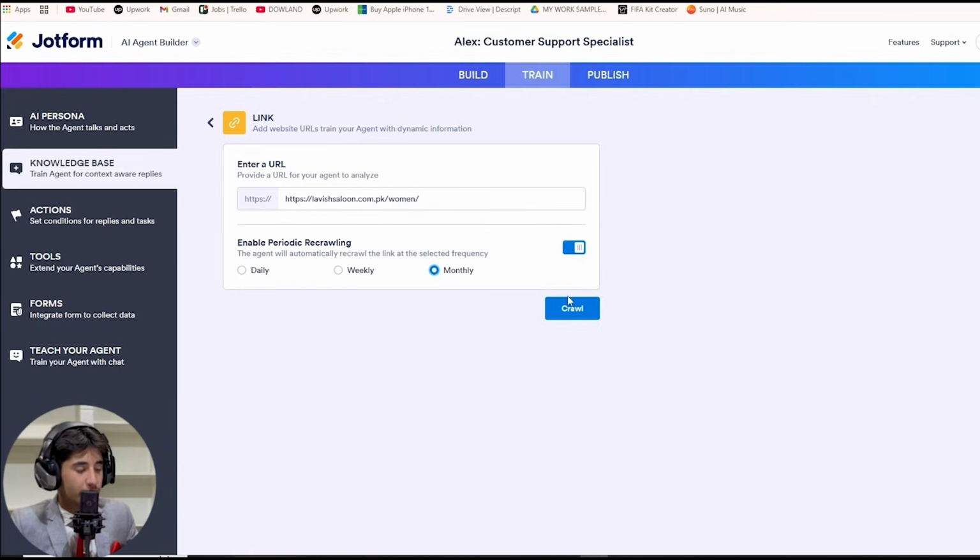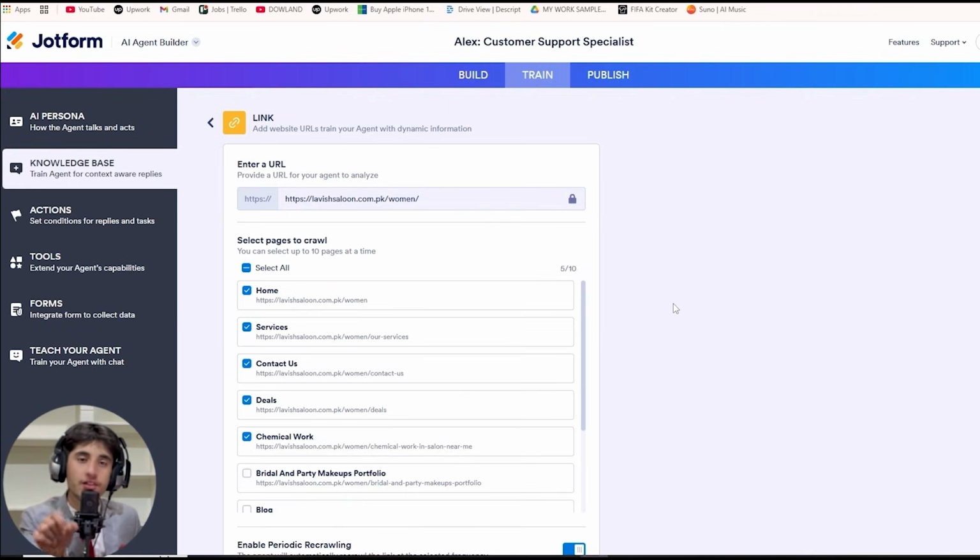So just click on crawl, and Jotform's AI agent will start crawling data from that website, and then it will train that chatbot or that customer support AI agent on that information, so that it will entertain your customers. It will answer their calls, it will answer their text messages, FAQs, and even schedules the appointment,